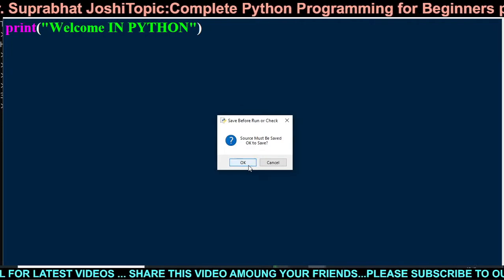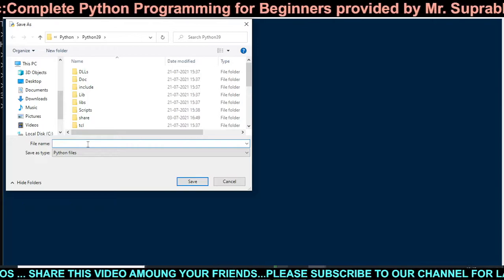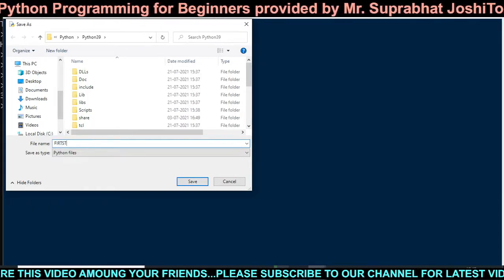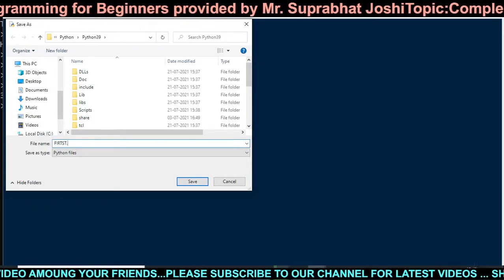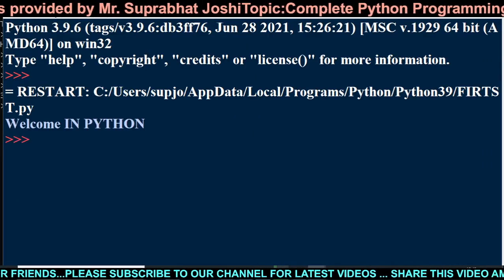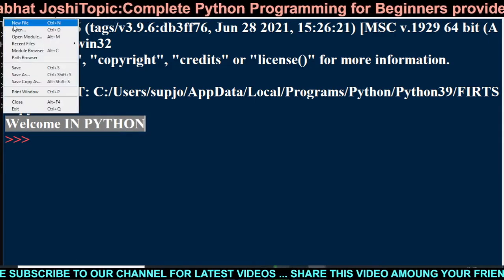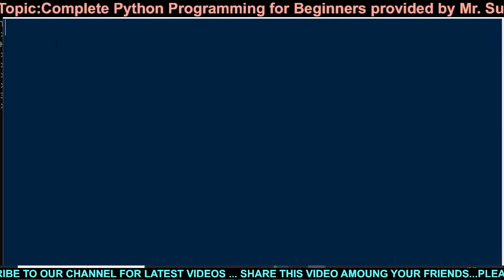It will ask to save the file before running the Python script. So type first, .py is the extension. Then you can see welcome in Python. This is the output. Similarly, you can make a new file also.